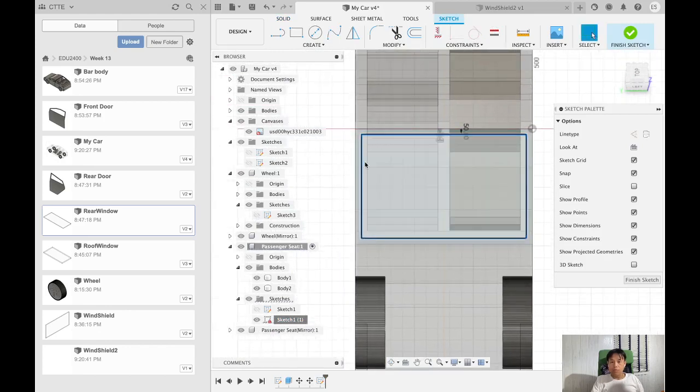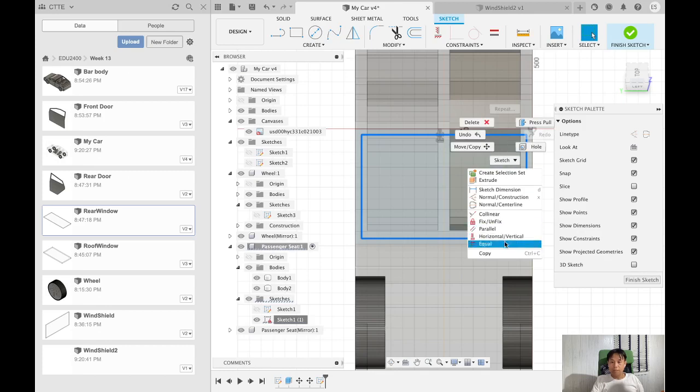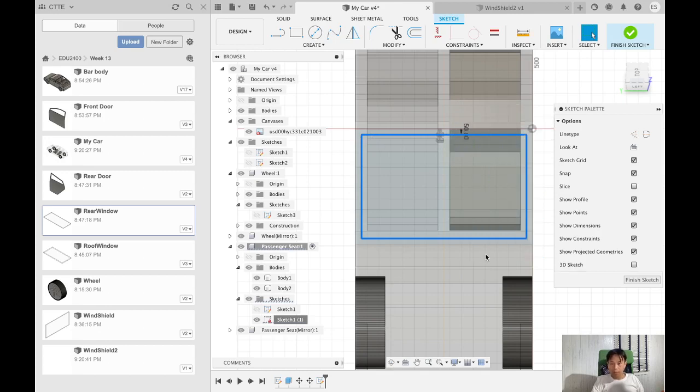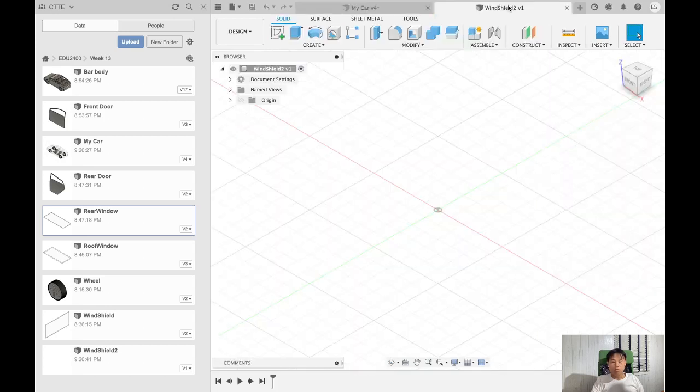you can select the window, the frame, and mouse right click, and then find the copy. So the copy menu. This is not just move and copy. So this copy means you are going to copy this geometry, okay? And then into your memory. So copy, and you copy this geometry, and then you can go back to your sketch, new canvas, and then